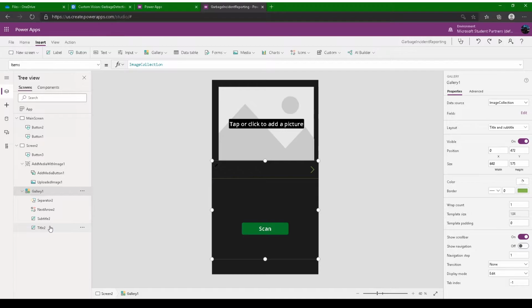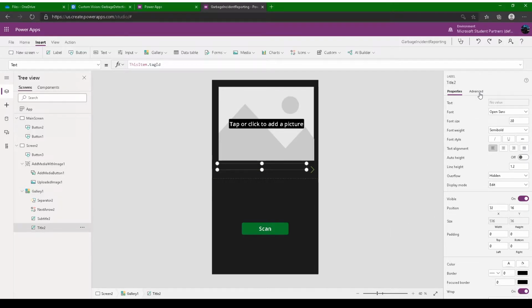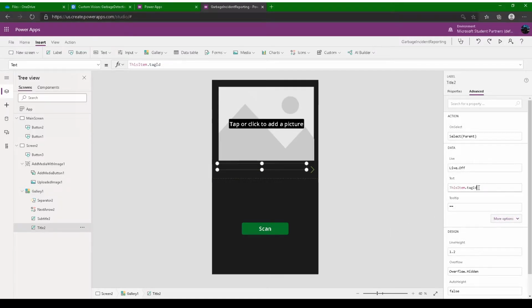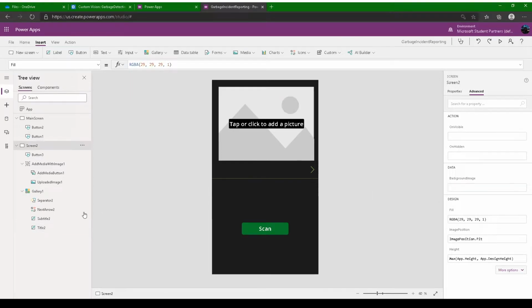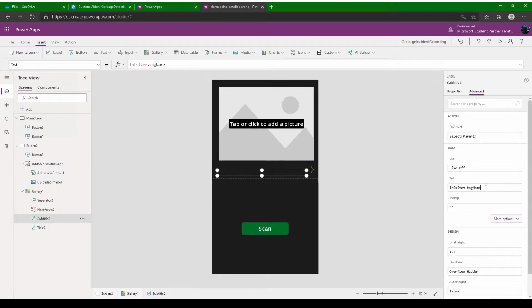If you click the title, let's keep it as ThisItem.tagName, so it will show the tag name that it has detected. And for the subtitle, let's do something like ThisItem.tag, so that we would get the predictions of it.